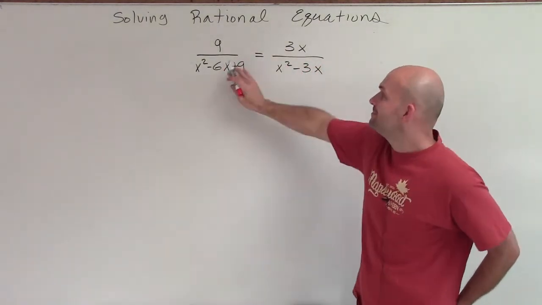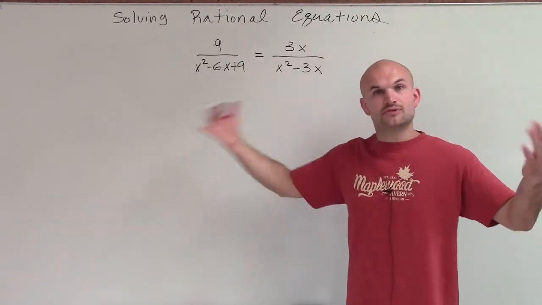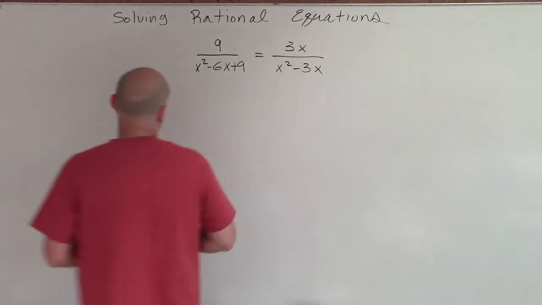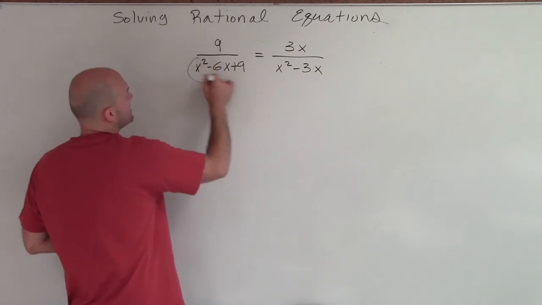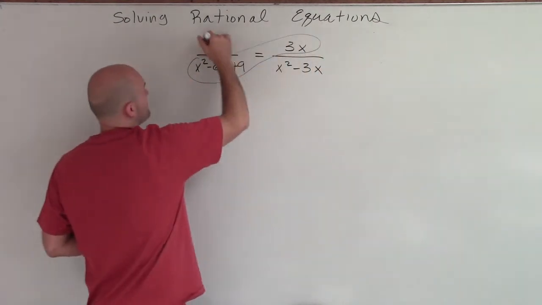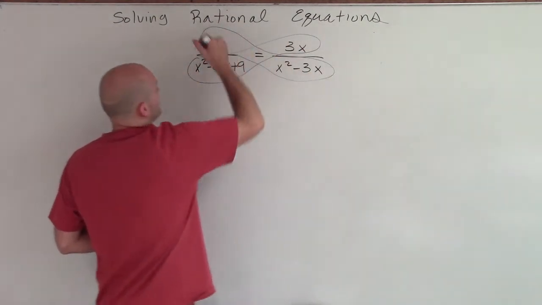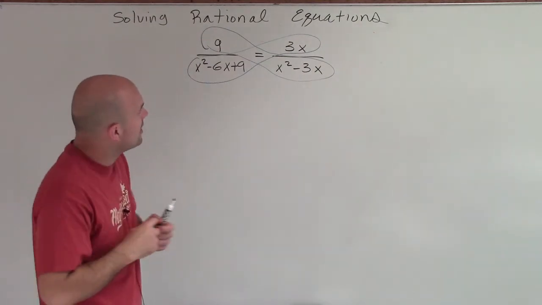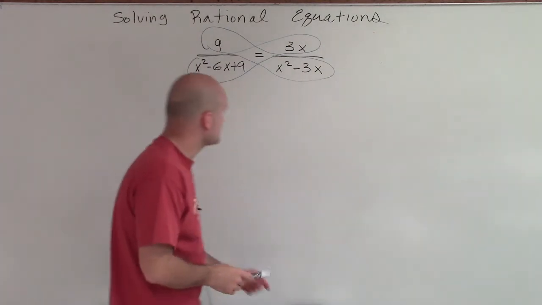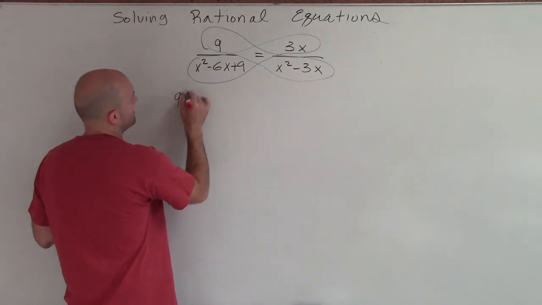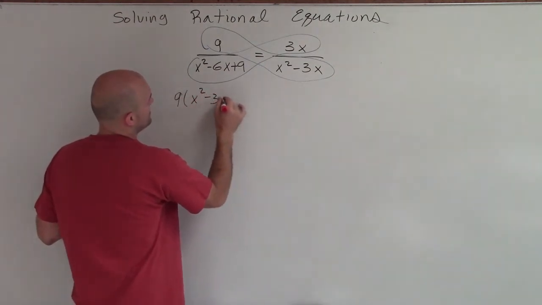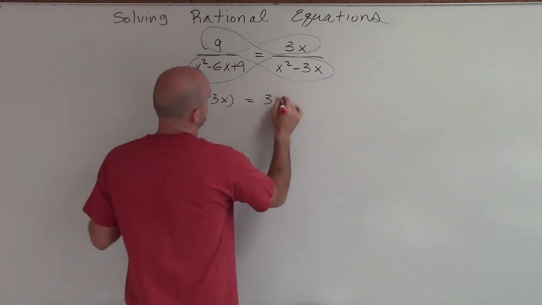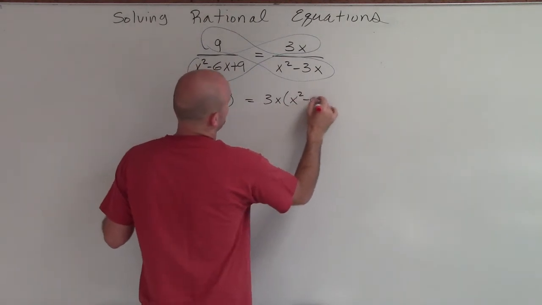cross multiplication because we have a ratio equal to another ratio, which we call a proportion. So that's exactly what I'm going to do to solve this problem. I'm just going to cross multiply. So if I cross multiply, I have 9 times x squared minus 3x equals 3x times x squared minus 6x